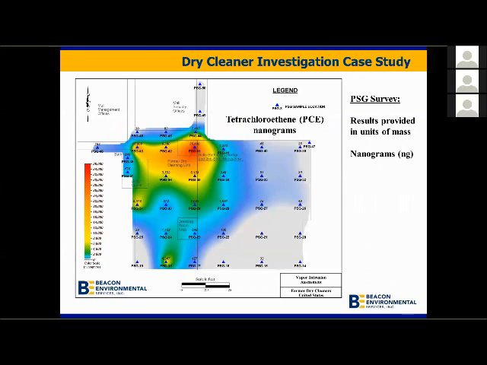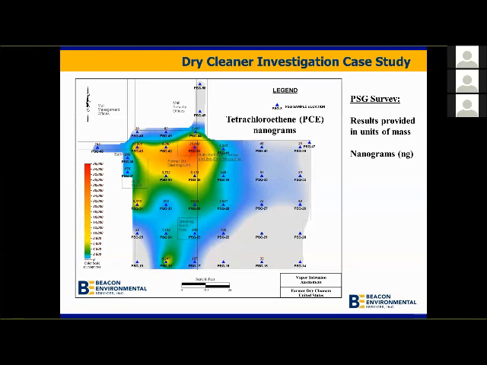And what we found was the hotspot was where it was expected, but the contamination was extending south in the direction of the expected groundwater flow as well. You'll see the locations north of the former dry cleaner reported lower measurements and non-detects, suggesting that the plume was not extending further beneath this large retail mall, but possibly was extending out beyond the outside wall south of the